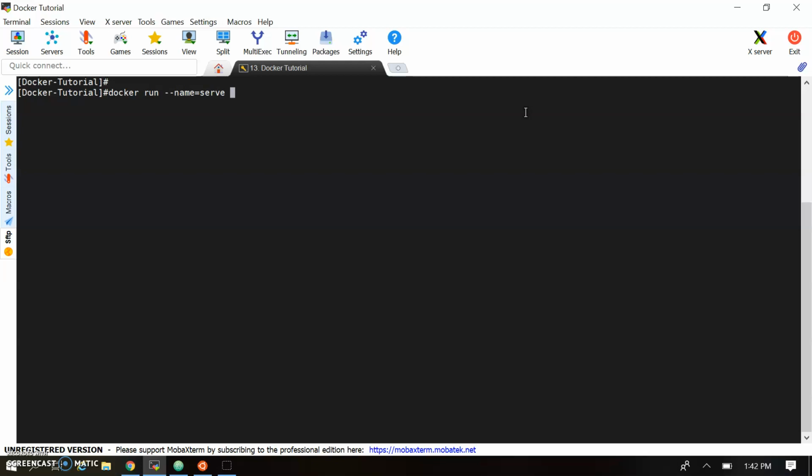This file server will basically use the internal container port 5000, which we can map with our host port, so we use -p just for mapping ports. So I want to map port 3001 with the container port. The first is the host port and the second is the container port. So we are mapping the host port with the container port.